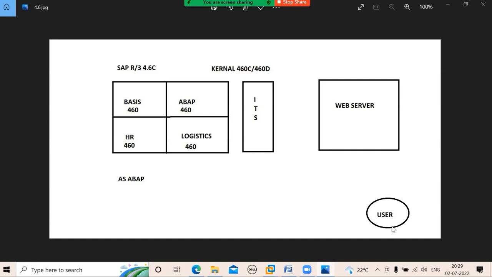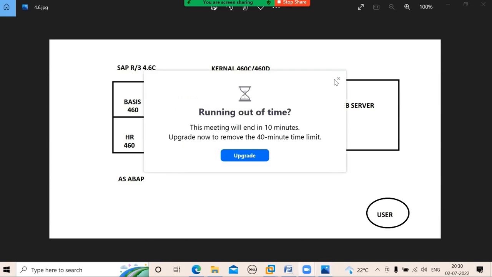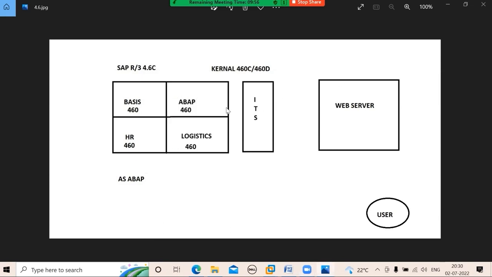You have only the GUI. That was only an application server. Is there any web content in that? No, nothing. Only the SAP administration toolkit, development toolkit, and HR and logistics. That's it. There is no web kind of thing. To connect to that server, along with that application server, they used to install one ITS server, Internet Transactional Server. So they have installed R3 4.6C, plus they take another system. On that system, they used to install ITS, Internet Transactional Server.